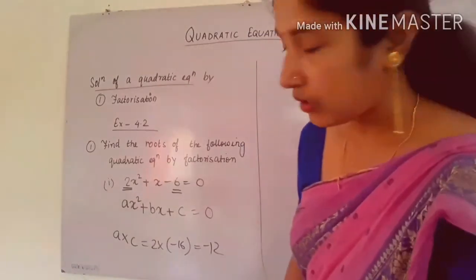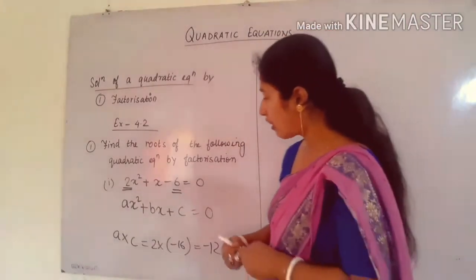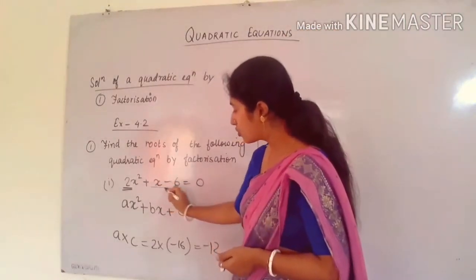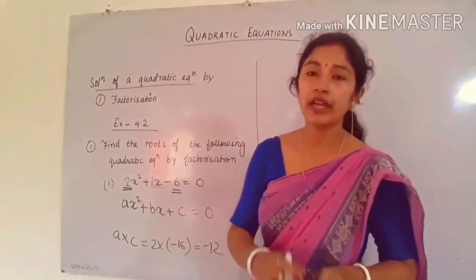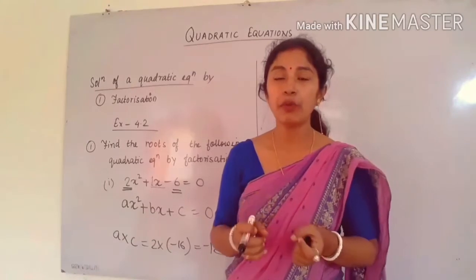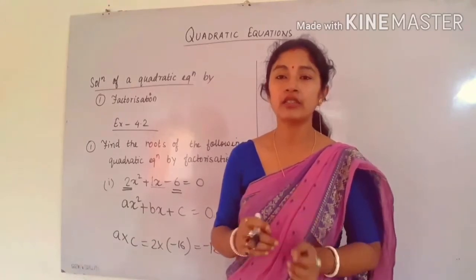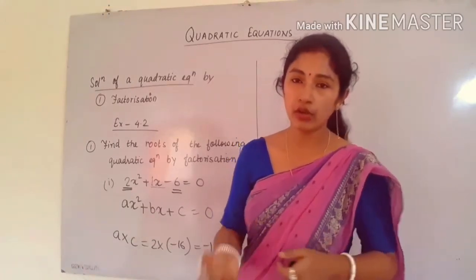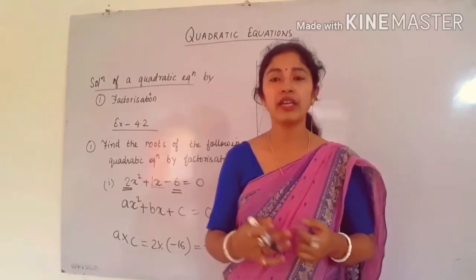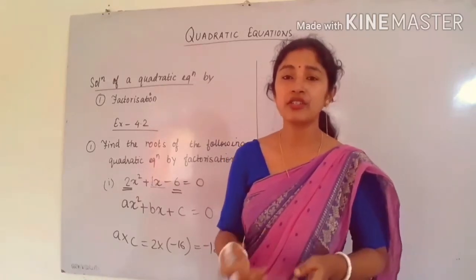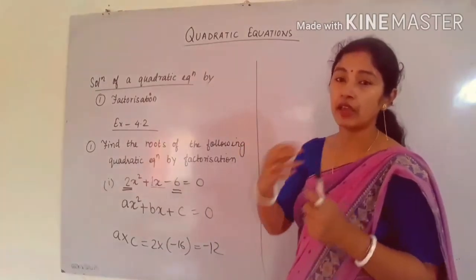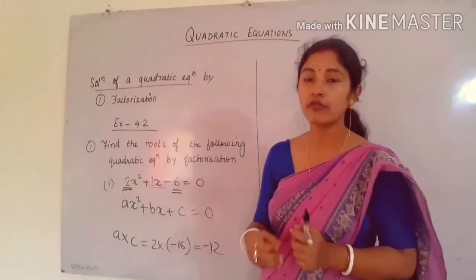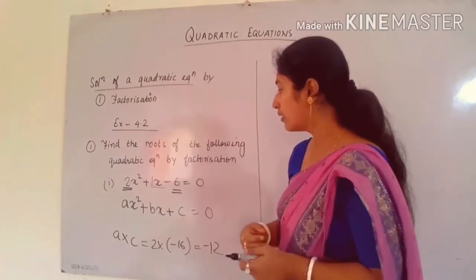So middle term splitting, as you know, you have to split the middle term. Here the middle term is 1. So how can we split 1 into 2 parts? We can write 4 minus 3, because 4 minus 3 is equal to 1. We can also write many things. We can write 1 plus 0 also. But already you know you have to multiply in a way, in a pattern. You have to follow some way.